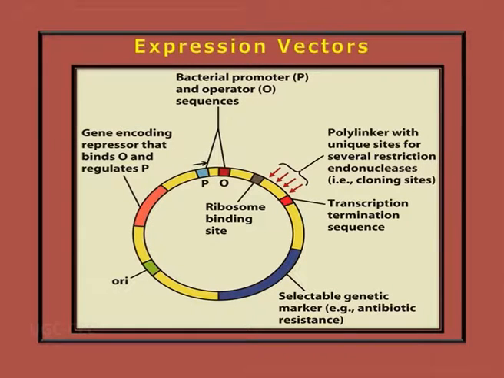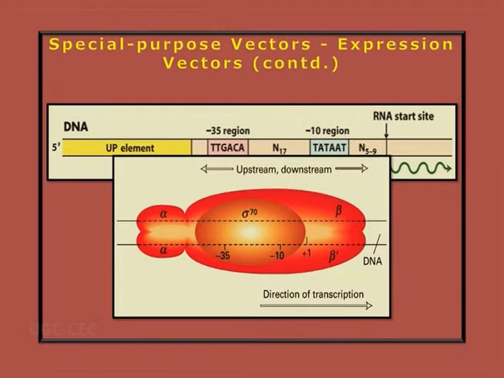These expression vectors are introduced inside suitable hosts, wherein the gene of interest which is cloned inside the expression vector is overexpressed only when the overexpression switch is switched on. So, if we want to transcribe a gene, we need the RNA polymerase to recognize the promoter sequences. The promoter sequences comprise the TATA box and a -35 sequence in the case of prokaryotes, which are recognized by RNA polymerase. The closer the consensus of this promoter sequence to the TATA box and -35 sequence, the stronger is the strength of the promoter.